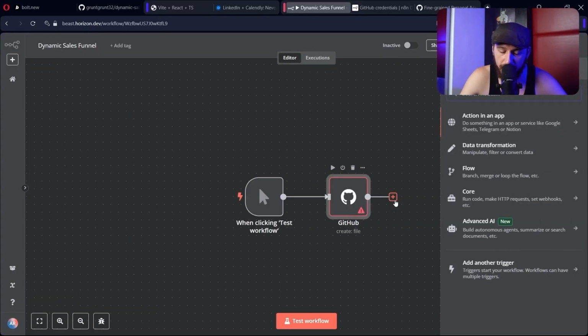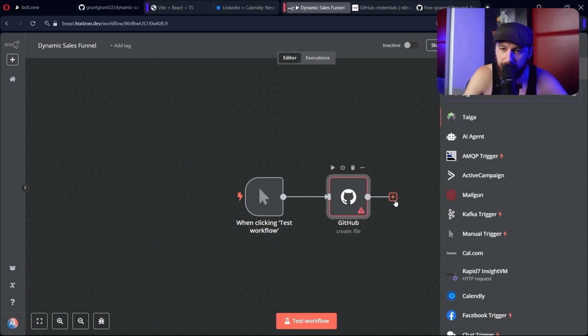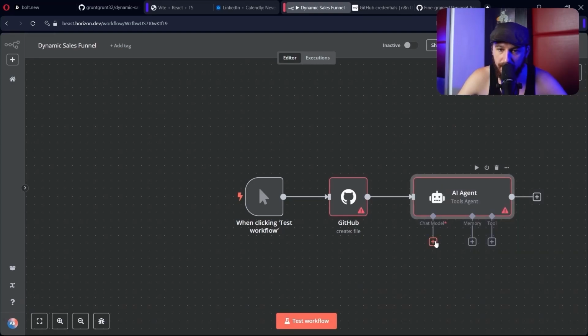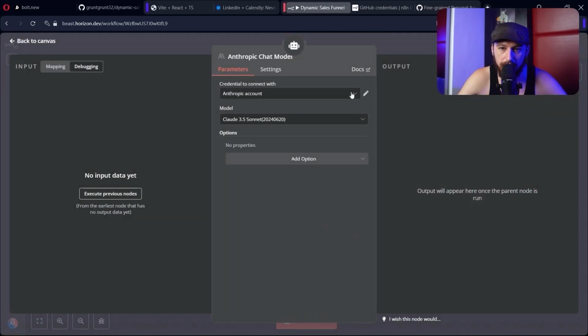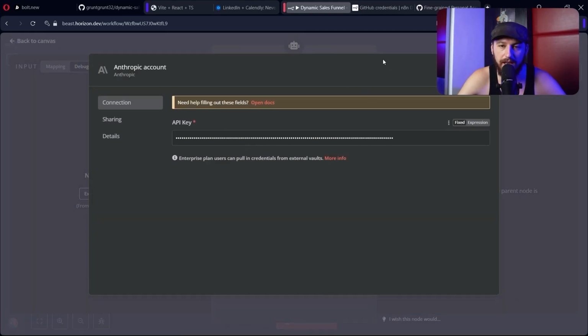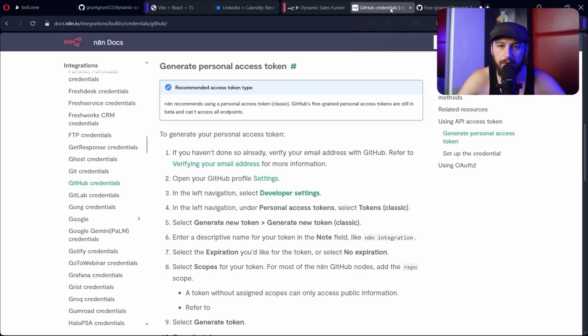Now we need to add Claude. So let's go to AI agent right here. Let's jump out of that, click chat model and click Anthropic. Then let's go ahead and create a new connection. Now I've already done this, but I'll still show you how. Go ahead and go to